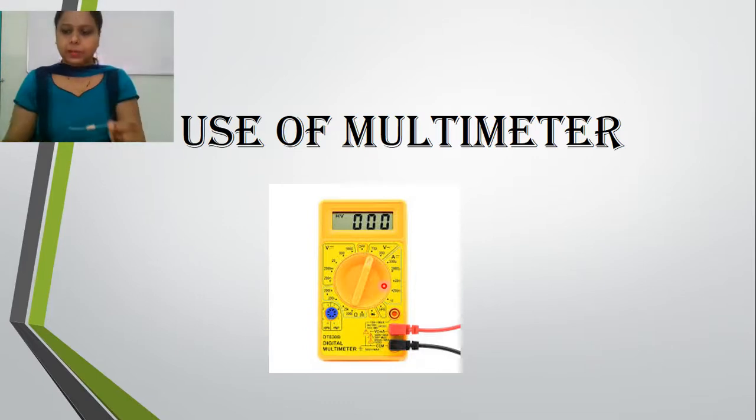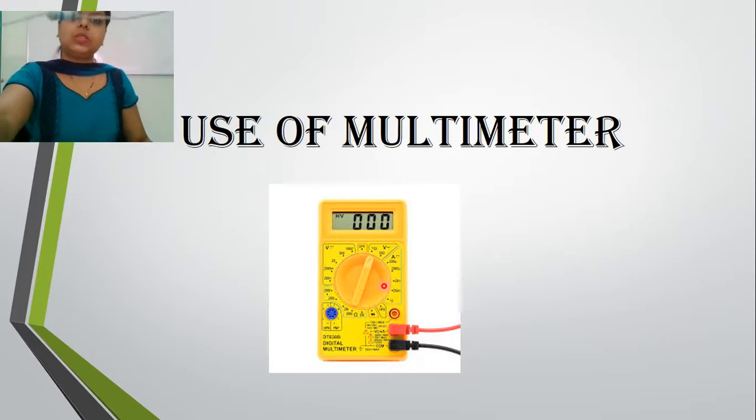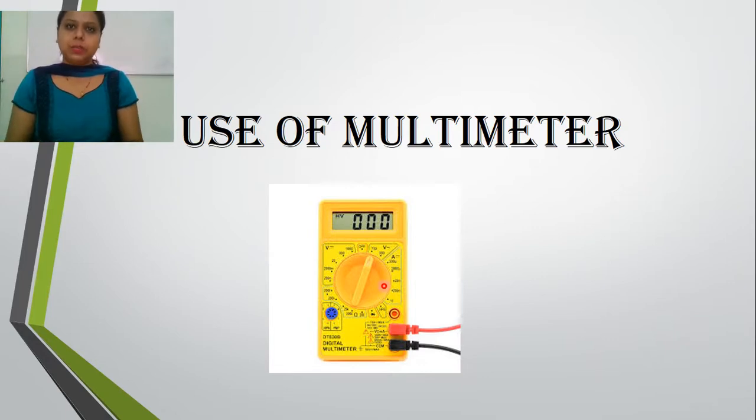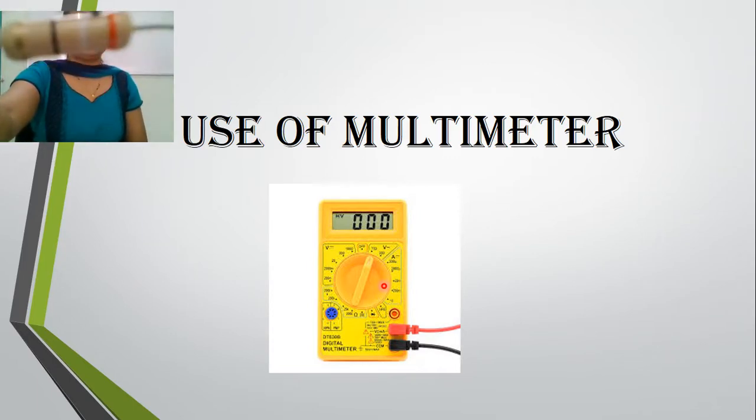Also, there is another kind of resistor like this. This is another resistor having some colors on it. These colors are important because each color has a specific value. This value will help us calculate the resistance of the particular resistor. You might have this table in your syllabus. In previous classes also we have studied how to calculate the value of a resistor with the help of color bands. So these are resistors with different values.